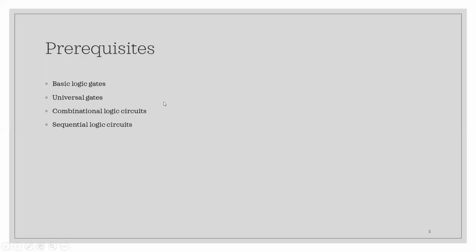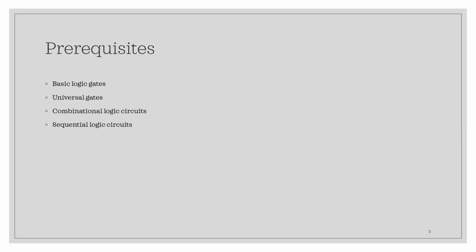So prerequisites, in this we'll be discussing basic logic gates, universal gates, combinational logic gates, and sequential gates, and just a few expressions or any other circuits that you have implemented already. We'll look at a few of the examples and try to understand what these things are. You'll be using these only as the base, and you'll try to implement a few of the things in Verilog itself.